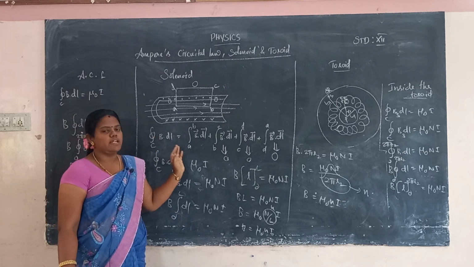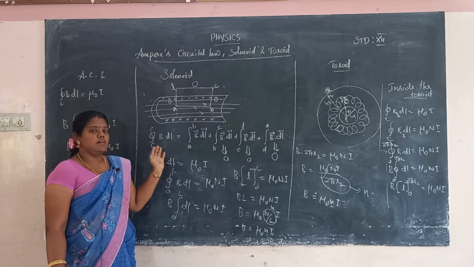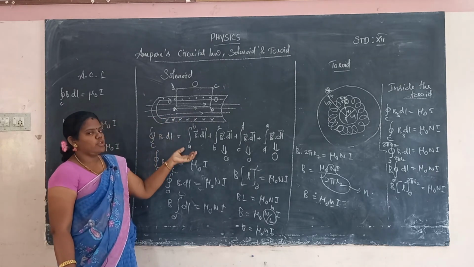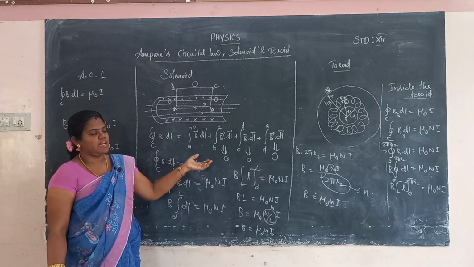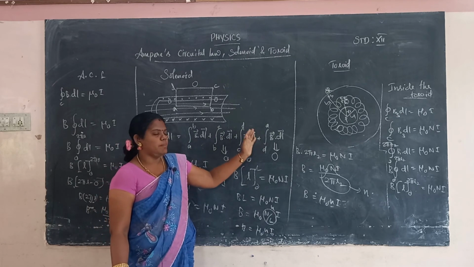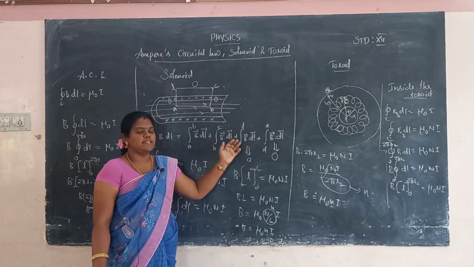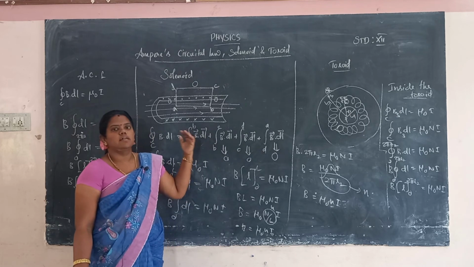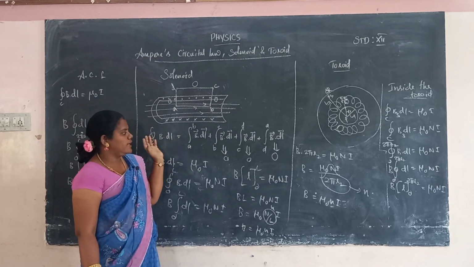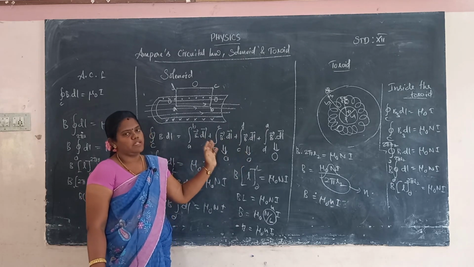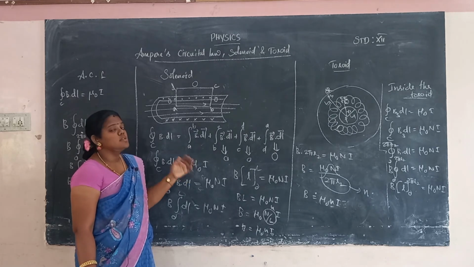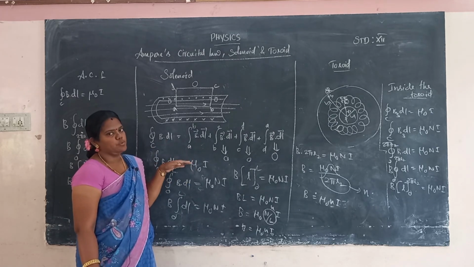So, the magnetic field at the four sides of the concerned element we have to calculate and add for all four sides. For three sides the magnetic field will be 0: two sides are perpendicular to the magnetic field and one side is the exterior portion of the solenoid. So, for those three sides the magnetic field is 0 and we have to consider only one side, A to B, because only that side is parallel to the magnetic field.